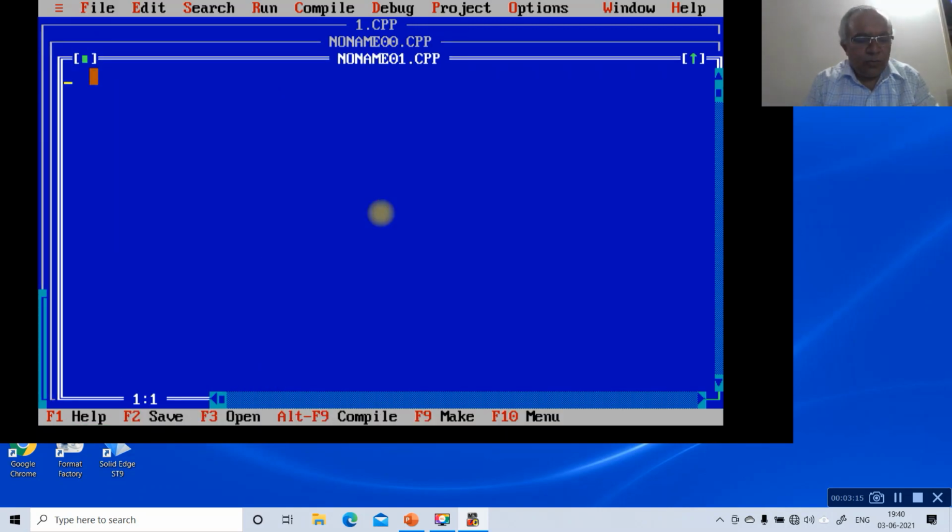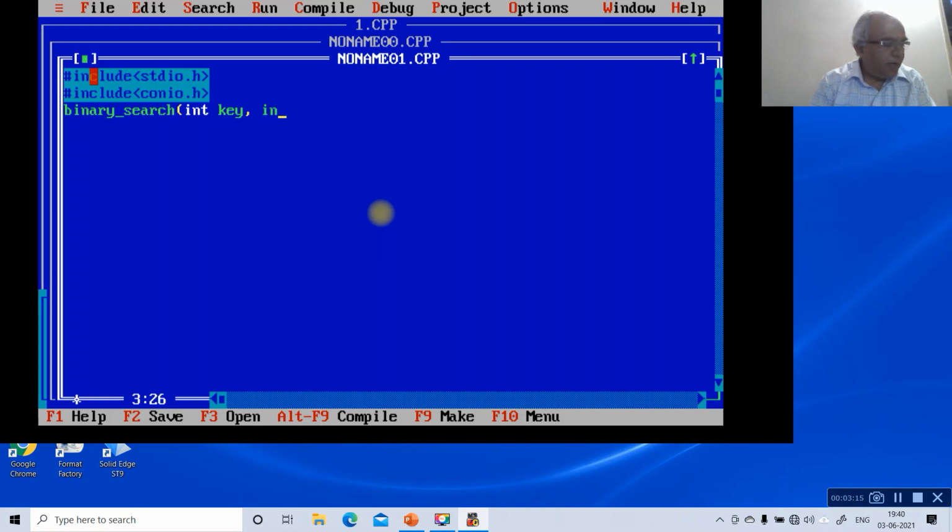Here we will say include stdio.h, include conio.h, then binary underscore search, then int key, int a, int n, then open the loop, int low, high, mid. Then initialize the value of low equals 0, then high is equal to n minus 1.